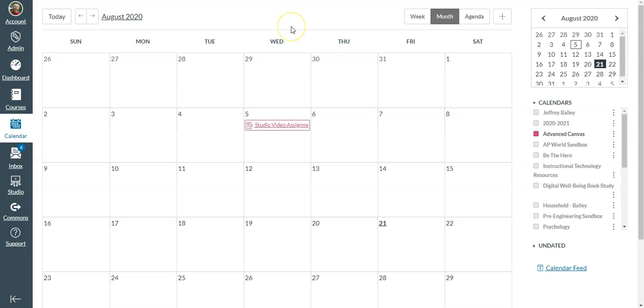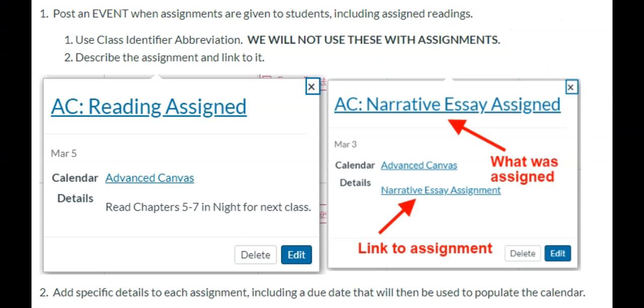As many of you know, over the summer we've changed our calendar guidelines, and that was part of the Reimagine Teaching course. I just wanted to make sure that those were clear, and for those of you who might have hurried through the course a little bit, that you're putting the right information on the calendar in the right format. So our new guidelines require each teacher to post an event when an assignment is given to students, including